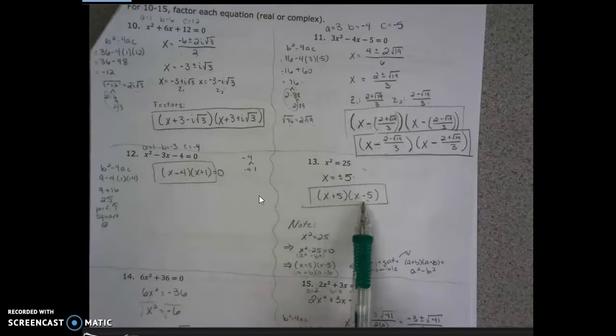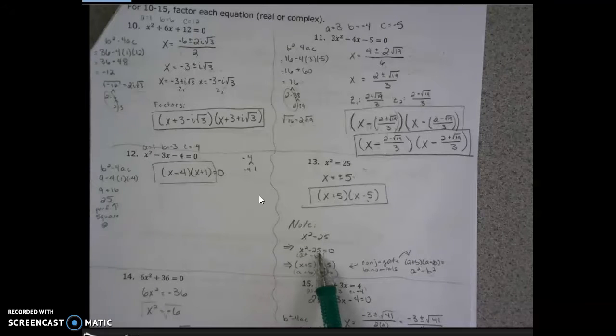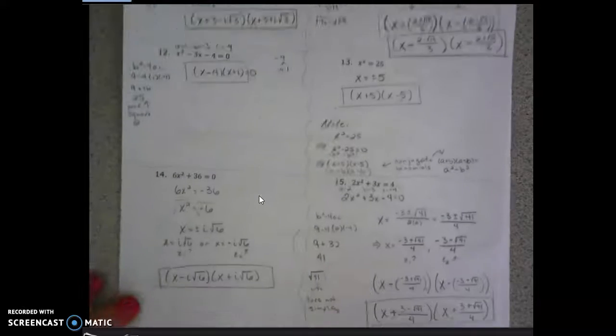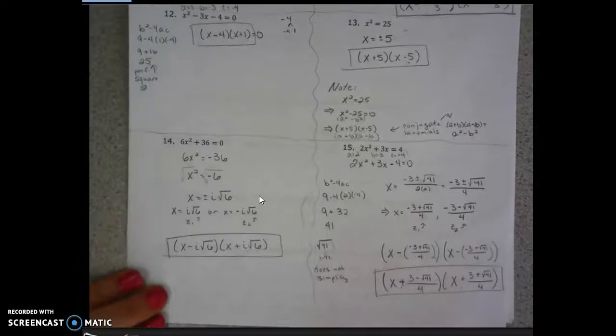X plus 5, x minus 5. The result is x squared minus 25. All right, because that's coming up in a week or so. Again. And then the last two on this page,